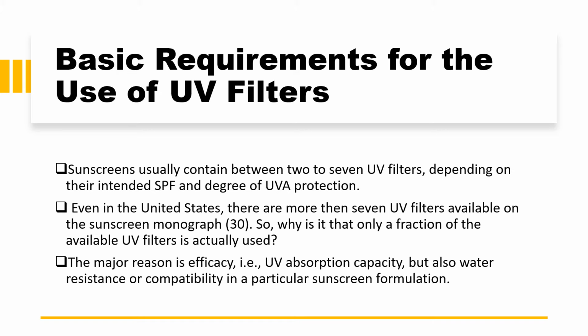If you study my previous video, you will be able to understand they work through various mechanisms like scattering light. Some sunblocks absorb the light, some sunblocks actually scatter and reflect the light. So depending on the different mechanisms, they are utilized and formulated in a way to contain at least 2 to 7 sunblocking agents. What SPF is finally desired, and what sort of UVA protection is required, is most important and needs to be considered before formulating a sunscreen.